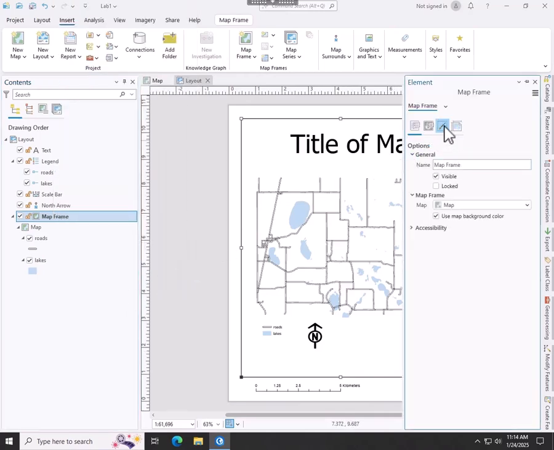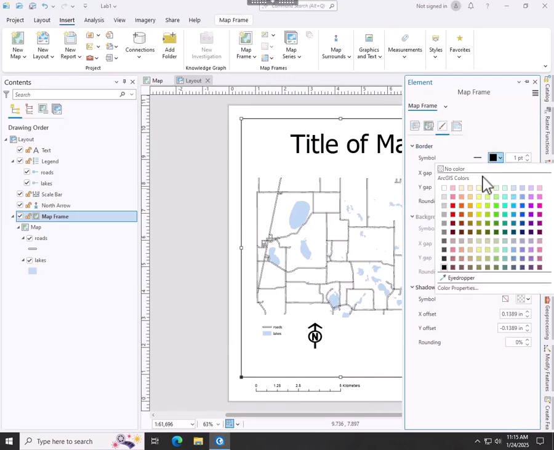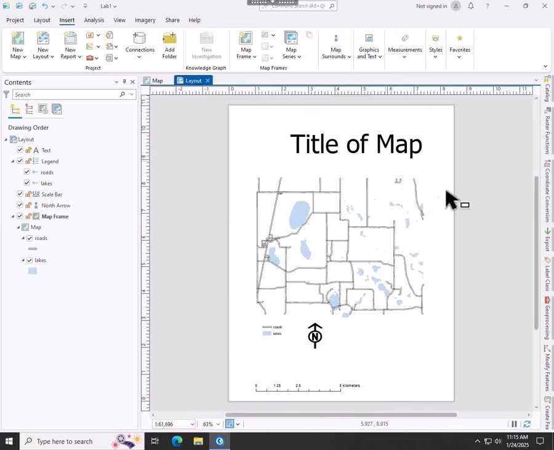Now this map frame, some people want to get rid of this box around it, and that's just fine. You could go to the border, the little painting thing, and you could change that border to no color if you wish. And then when I click back onto it, the border goes away. But you get the idea. You're setting this basic map up. So you have your subject here, you have your piece of paper.